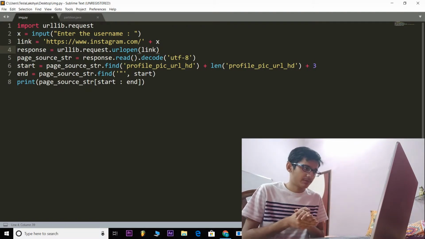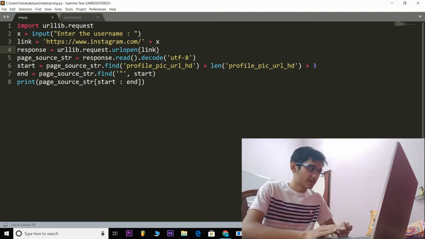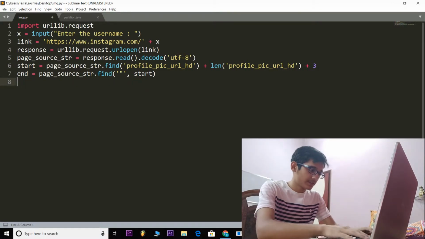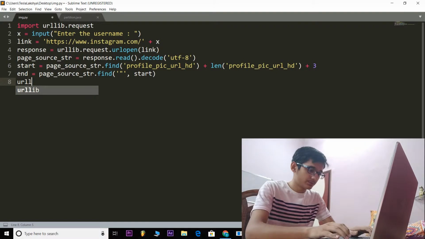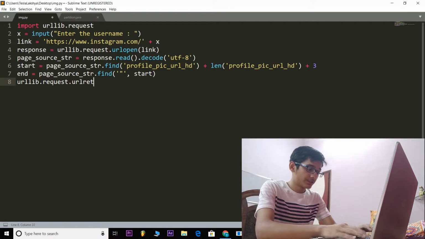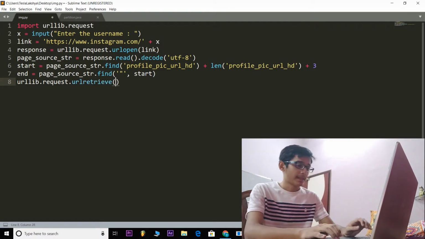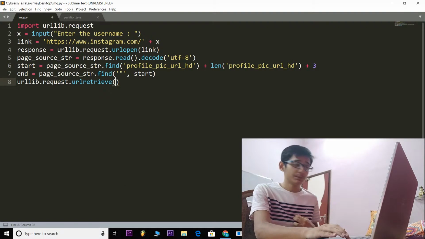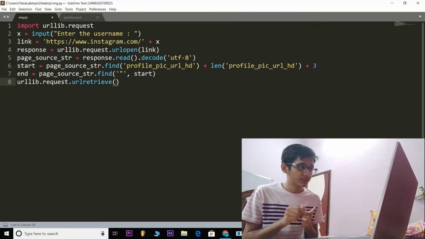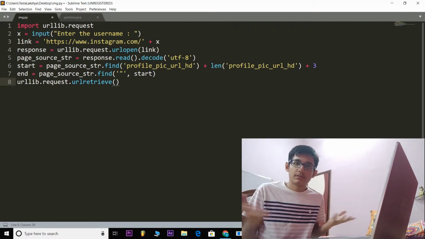So we have a function for that. We call it URL retrieve, and it is present inside urllib.request. So we'll use urllib.request, and we're going to use the function urlretrieve. Boom, baby. And now what we need to do is specify the link from which we need to